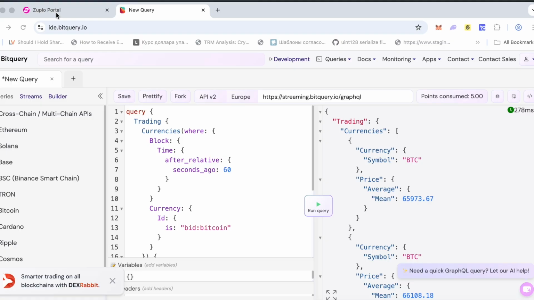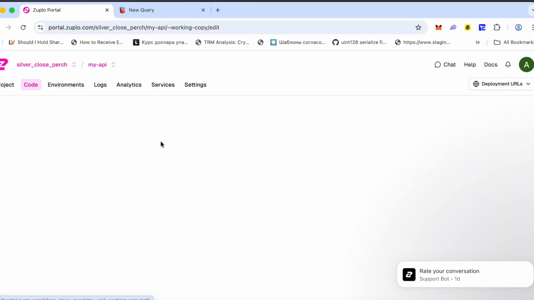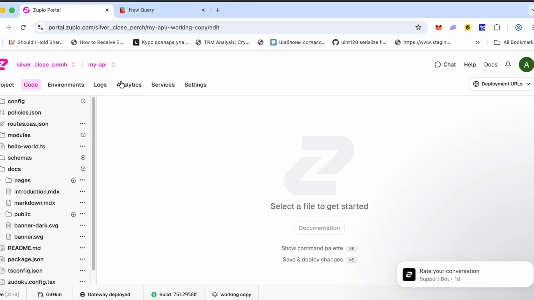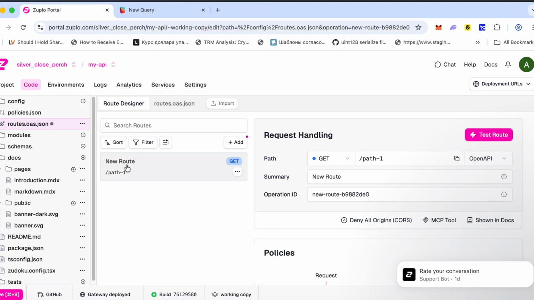Okay, so we want to convert this into MCP to be able to do some smart stuff in LLM. So this is our project that we created, and I'll follow some steps that I knew from the team of Zoopla, which was very helpful. And first, I need to create a route for my endpoint,